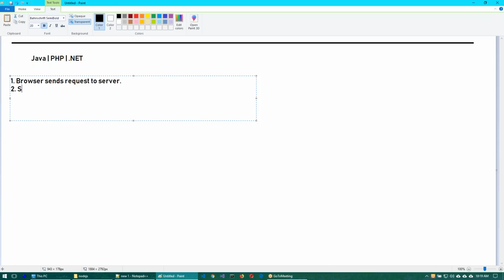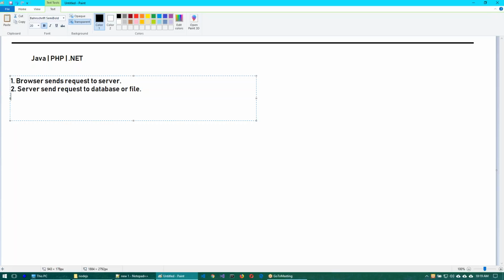Next one, the server, that means a program running on the server system, right? So that program I assume as a server here. The server will send a request to the database or file. Suppose at that point of time you want to store some data into the database, or you want to retrieve the data from the database, or you want to perform inserting, updating, deleting. Otherwise you want to handle some file operation, maybe such as reading the file or writing the file. So based on this requirement, we can send a request to the database or